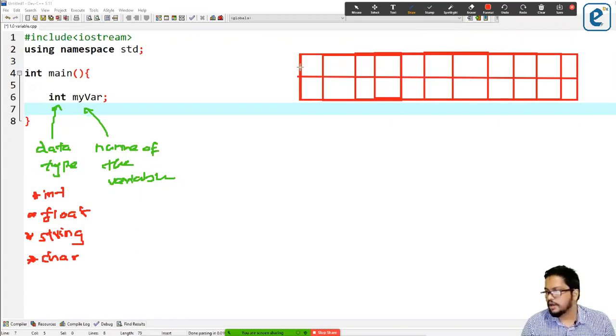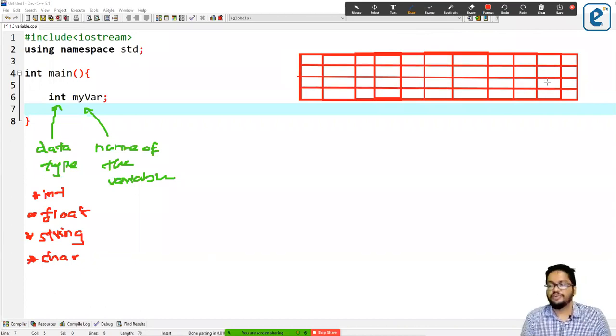Right. So now assume this is your RAM. I mean, the free space of your RAM, right?